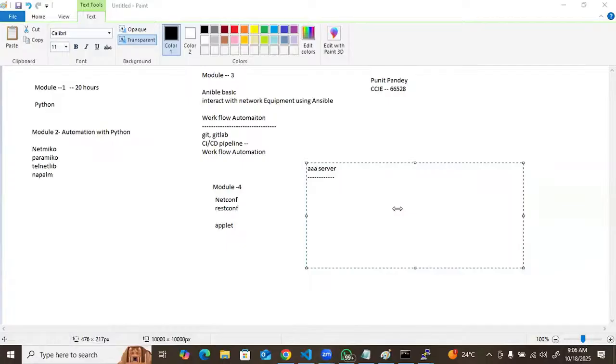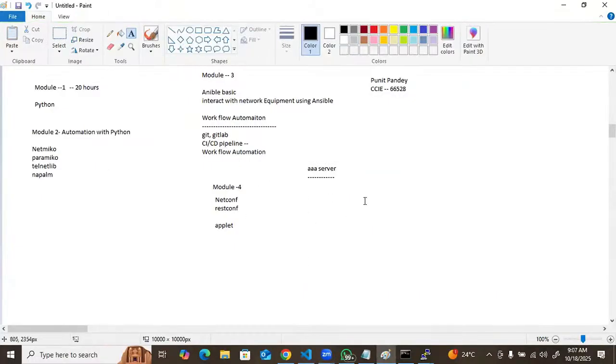Will we cover something on the L2 side, like configurations also? L2 side means VLANs? I'm going to show you how you can interact with the devices. Once you have the idea of how to interact with the devices, you can perform anything. You can create VLANs, interact with switches, routers, even firewalls, and perform whatever you want. VLAN creation, deletion, STP configuration, spanning tree configuration, anything you can do.